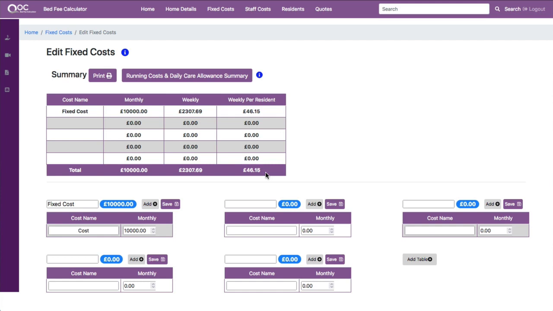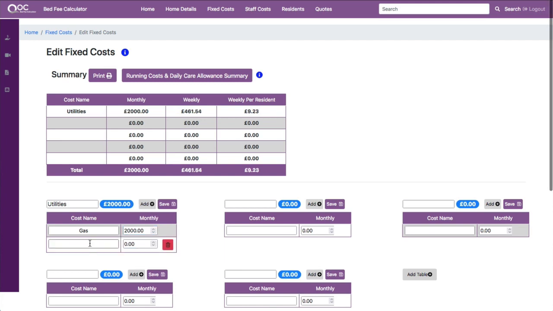Now, of course, if you don't record your costs, but you have worked out what average costs are for different elements, you can put in more granularity and split this up into different sections, like utilities in this case, for the first one. And you could say gas, let's just say is £2,000, and then add a row, electricity, hit tab to move across, or use your mouse,